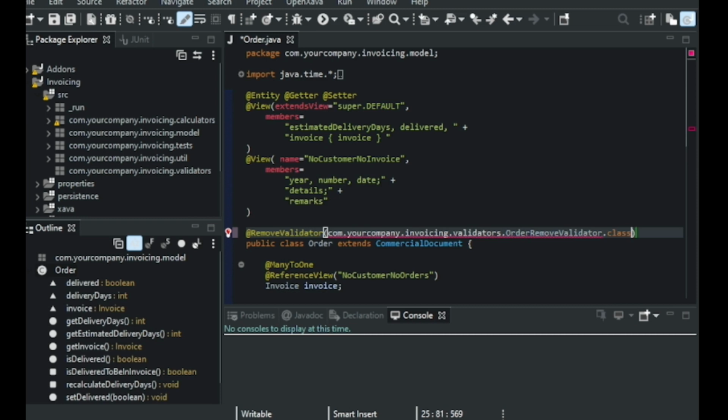So here we save, and now we're going to see how to create the class.